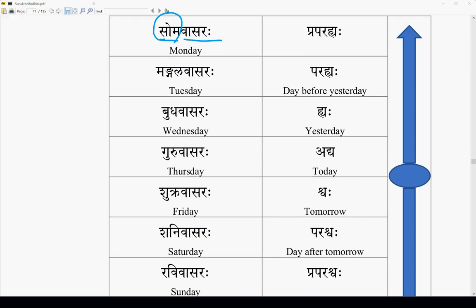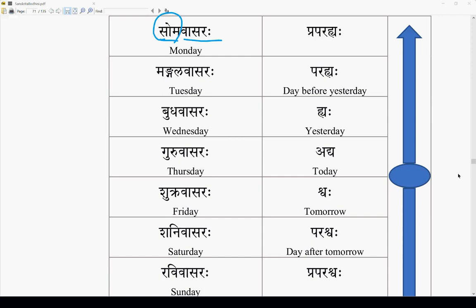But even if there is one, if you go find a dictionary or thesaurus, see how Monday has become a fixed word for this day. We don't call it any other name in English. But in Sanskritam it is not like that. So Soma is moon, and for moon there could be around 100, a lot of other words. Soma is one of them.